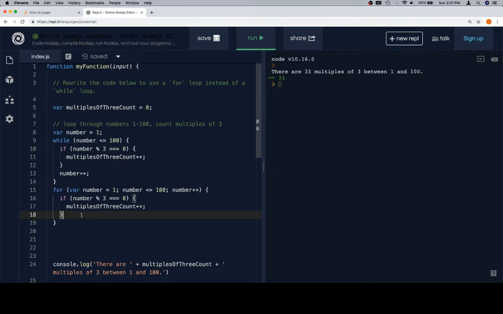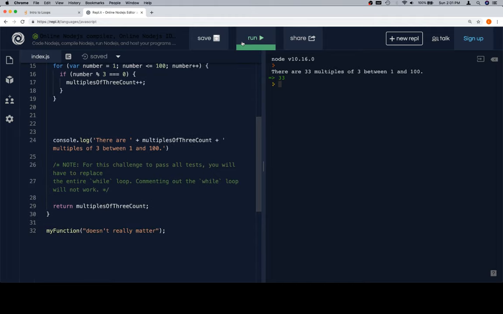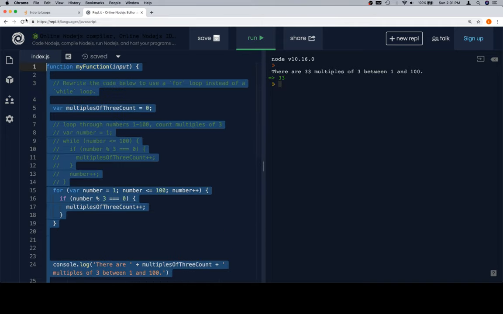So now that we have what we think is a for loop that does what the while loop does, we're going to comment out all of the parts of the while loop. So everything else shouldn't really change. If we hit run again, we should see the exact same thing, and we do. So let's go ahead and copy all of the code, bring it on back,